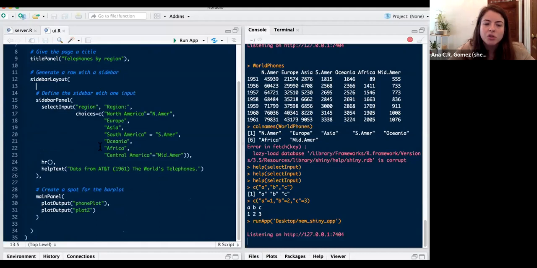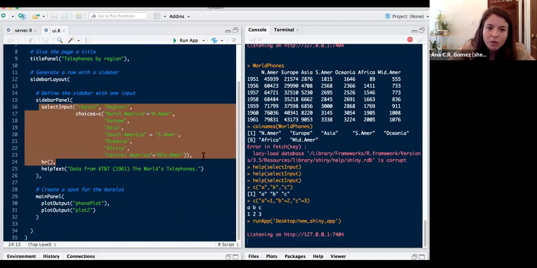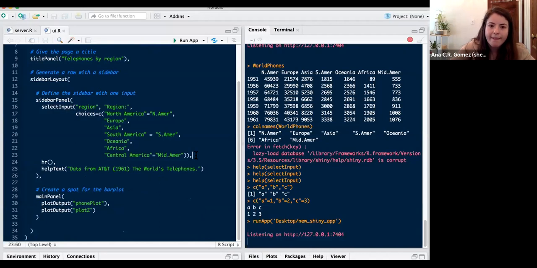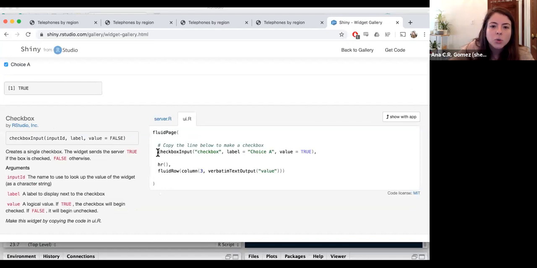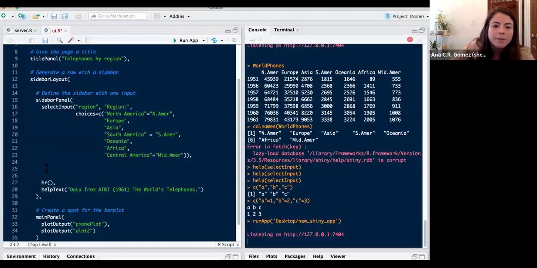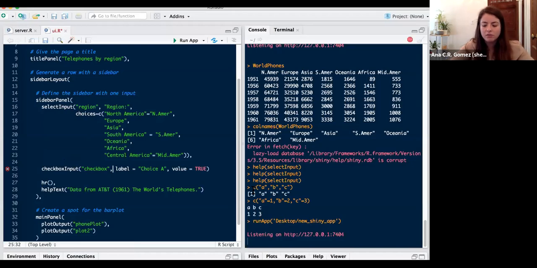We're gonna want our checkbox to go in the sidebar panel below the select input. So this is the code for the select input. We are gonna add it right here. Make some space. So checkbox input, blah, blah, blah, value. We don't have to worry about the rest of it. We already have this, and this doesn't matter. So again, you can give it a name. So remember, it's gonna be like input$region. The same thing as this is gonna be input$checkbox. You can give it a title,